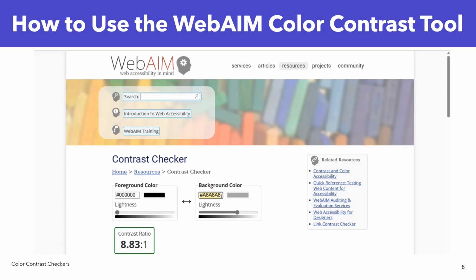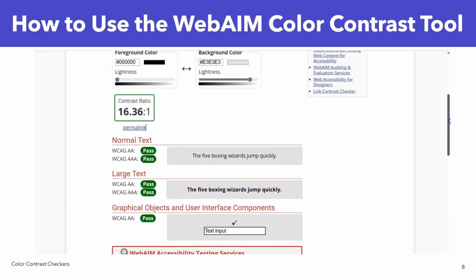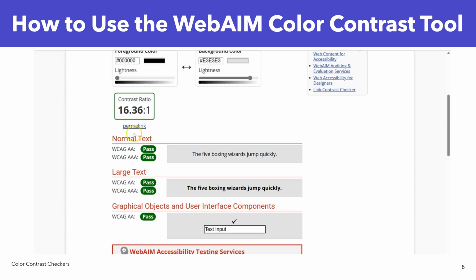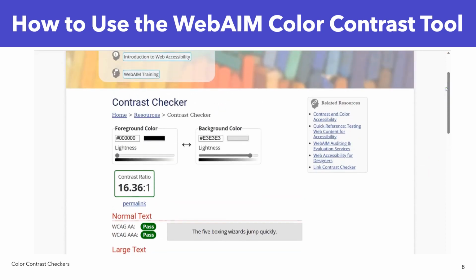The RGB code in hexadecimal format for off-white is the # E3, E3, E3. And that's what I will enter in for my background color, off-white. So again, you enter in the RGB code in hexadecimal format into each text box. And once you do that, you scroll down and you'll see that I've passed. For normal text, large text, I know now that my foreground color and my background color meet the criteria for the web